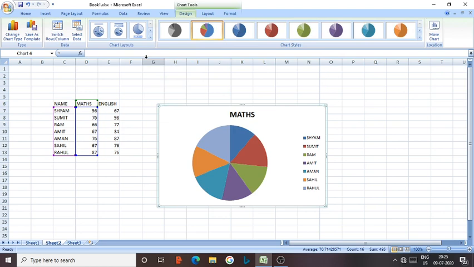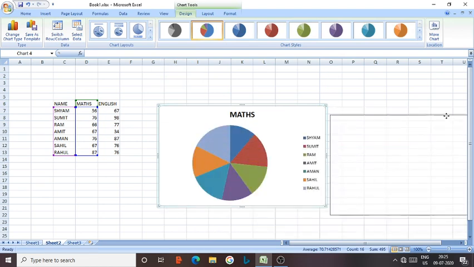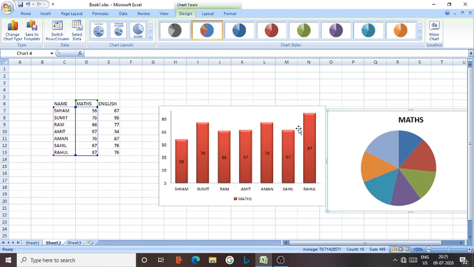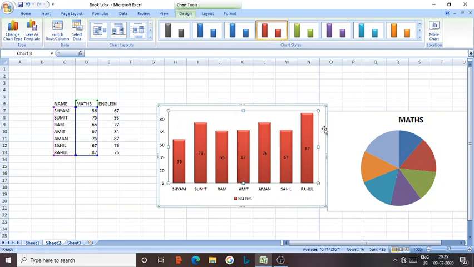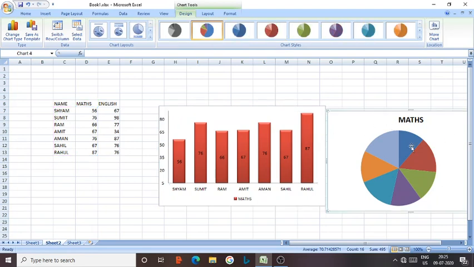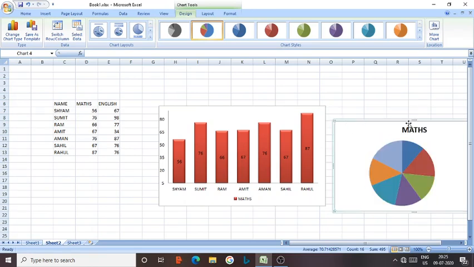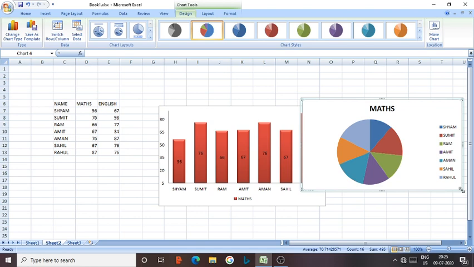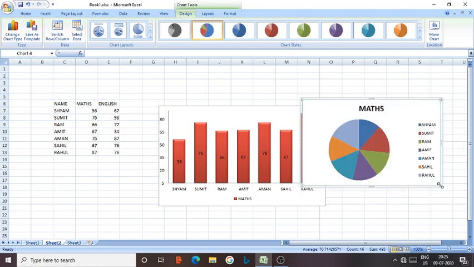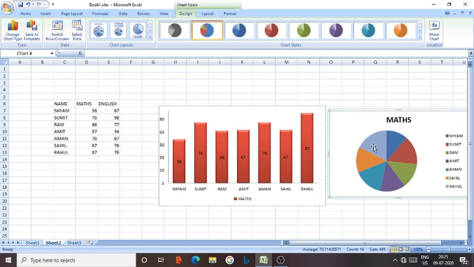I will select this one, so I will get the pie chart. You can resize the chart also like that.